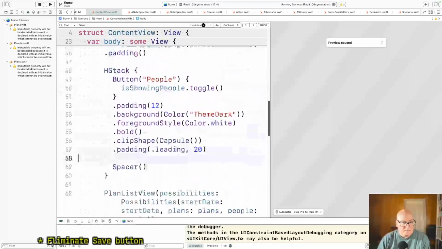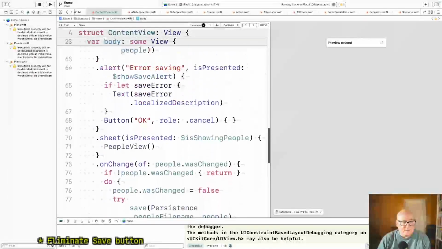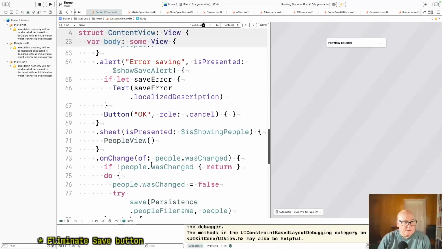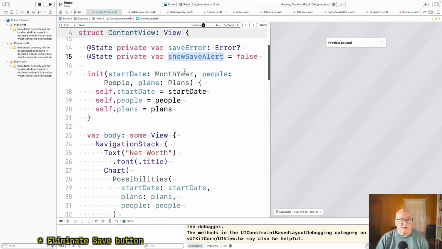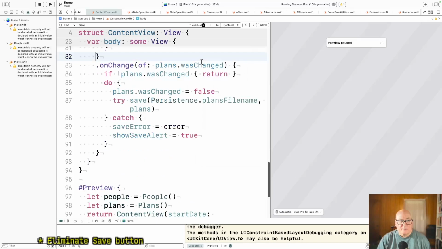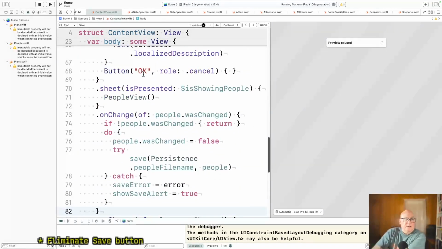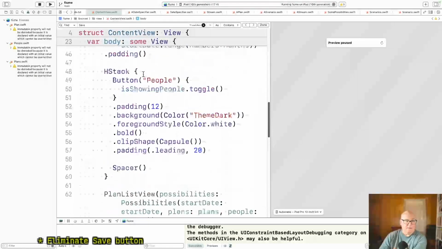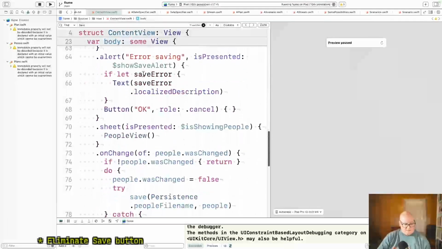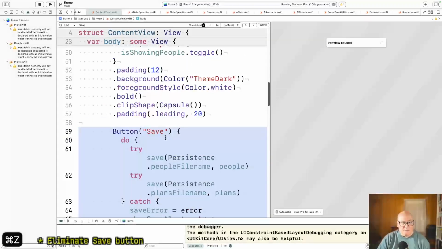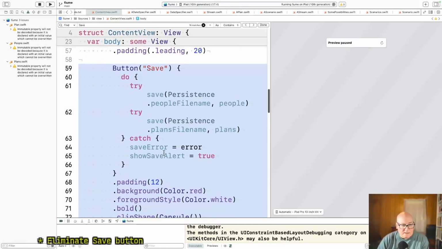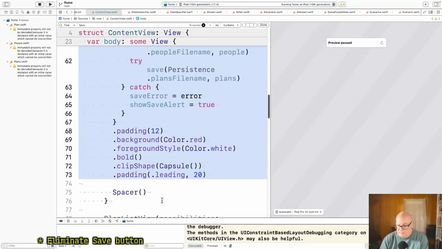Okay. But now people was changed. Error saving. Let's see. Show save alert. Oh, that's okay. Let me put that back a minute. Save these things. Catch, save error, show save alert.